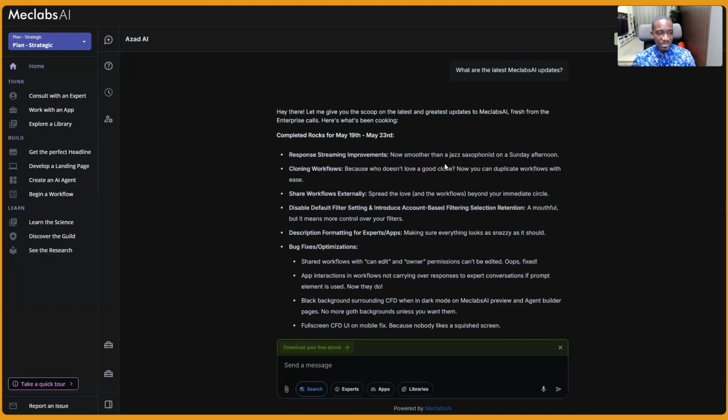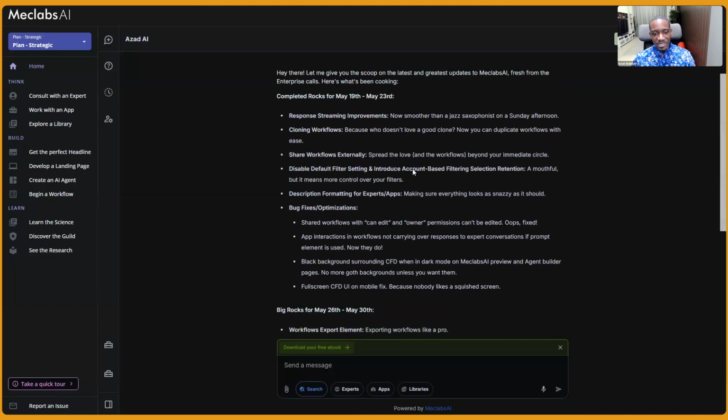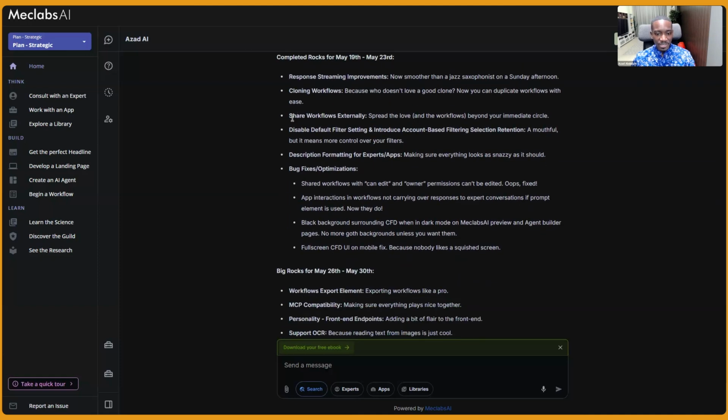We were able to complete last week the ability to properly clone workflows, and also made sure that the editing associated with said workflows works smoothly. So if you share a workflow with someone with the ability to have edit or owner, they can then edit those workflows. Now, on top of that, the main feature that I wanted to highlight this week is the ability